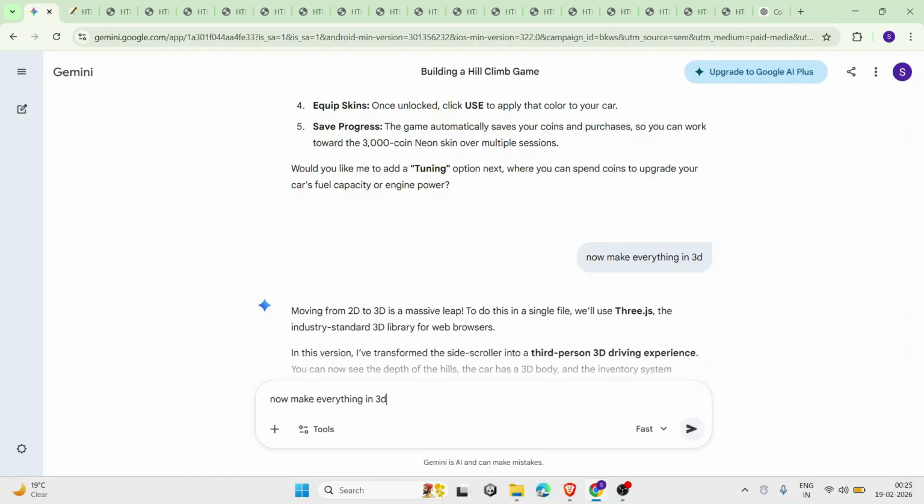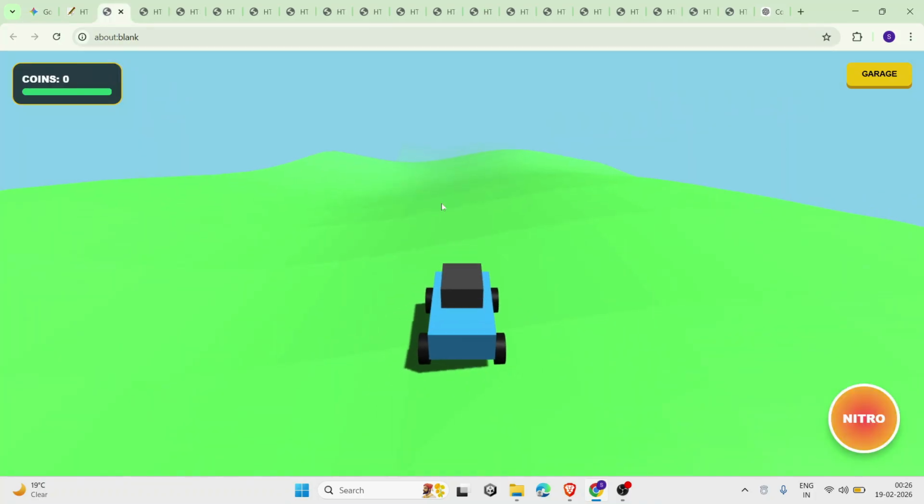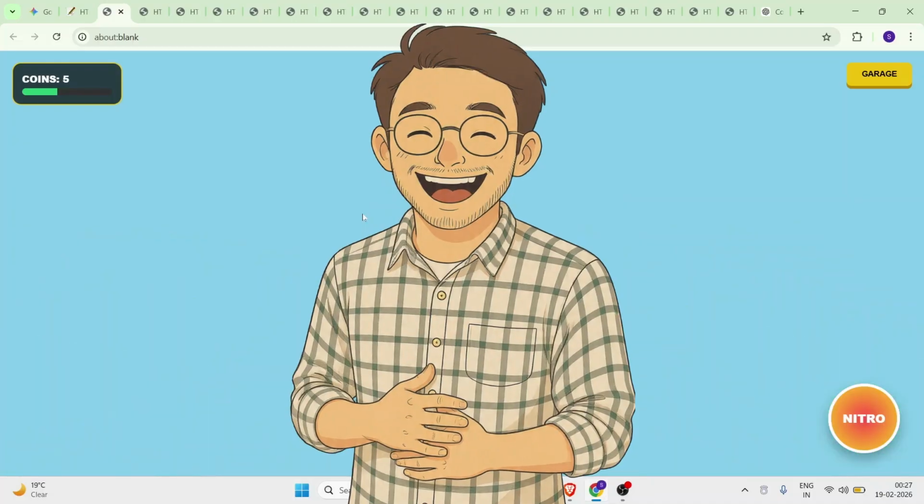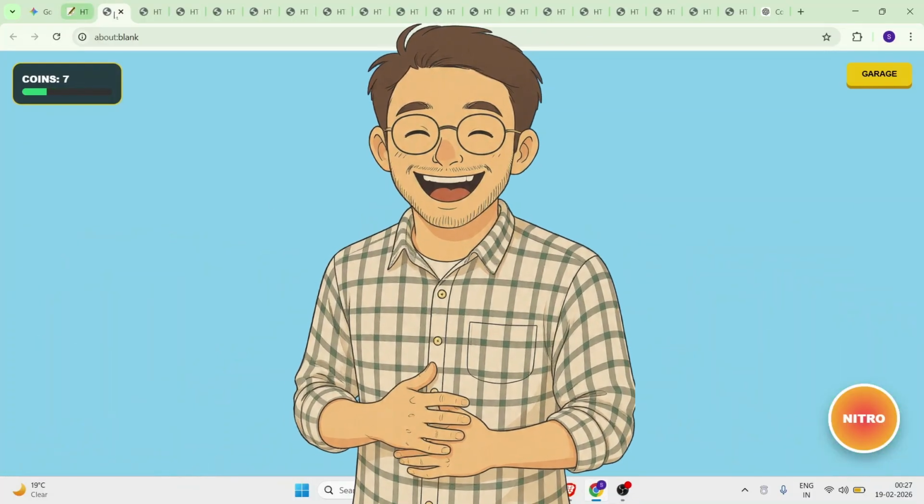Then I say, now make everything in 3D. So I keep fixing things. Ground shows up, then coins disappear. Then D key stops working. Nitro works but something else breaks. At that point, I stop. Honestly, this experiment was fun. Gemini makes a really